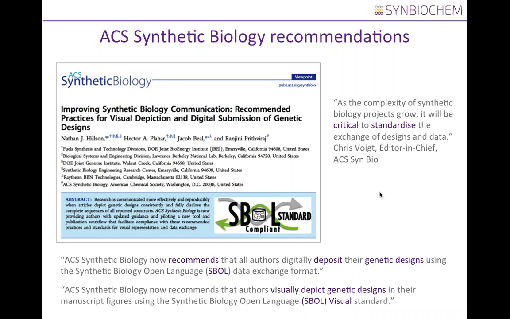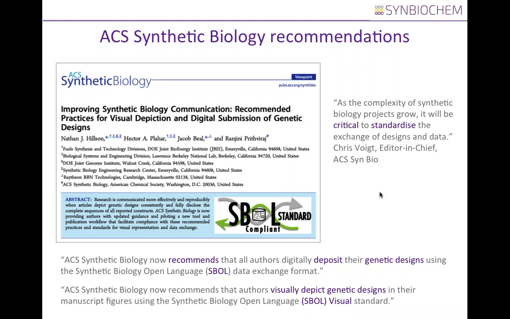As it says there, ACS Synthetic Biology recommends that all authors digitally deposit their genetic designs using the SBOL data format, and also recommends that within the manuscripts themselves, authors visually depict the designs in the SBOL Visual